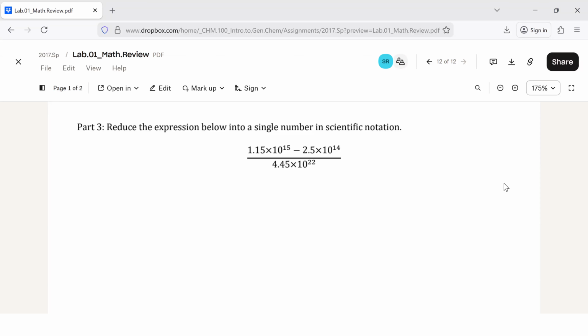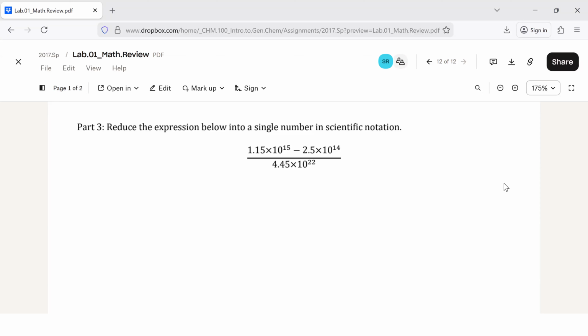If you don't put this top piece in parentheses, what will happen is, if you type in 1.15 times 10 to the 15 minus 2.5 times 10 to the 14 and then over 4.45 times 10 to the 22,